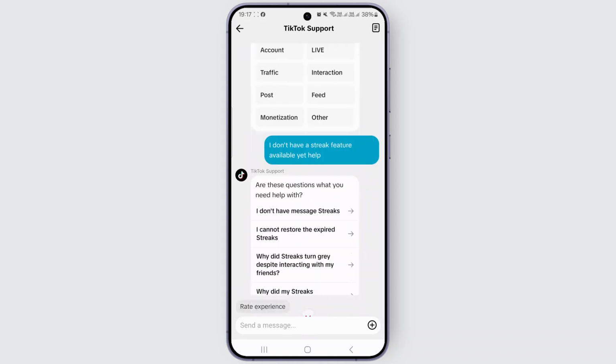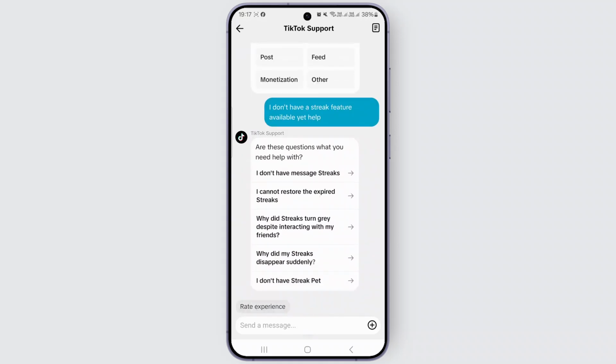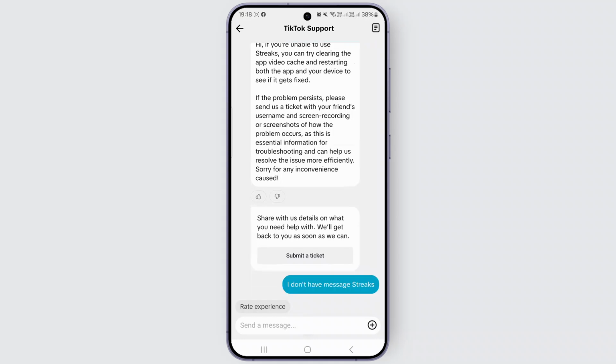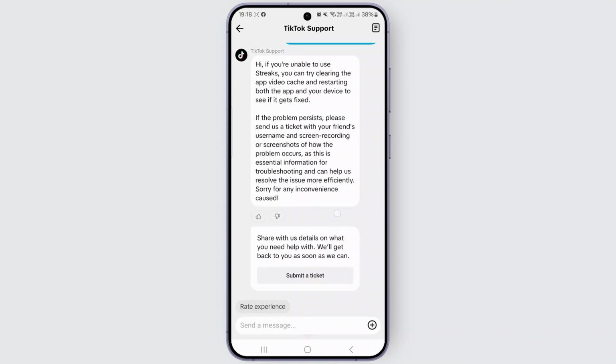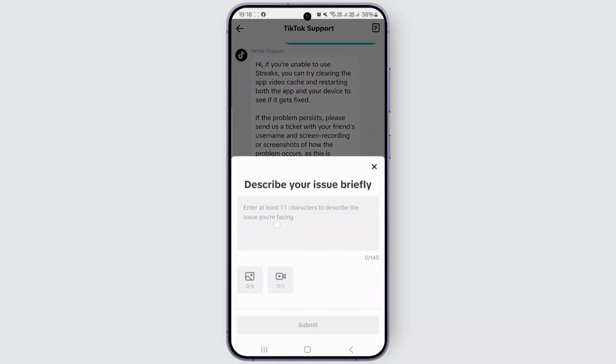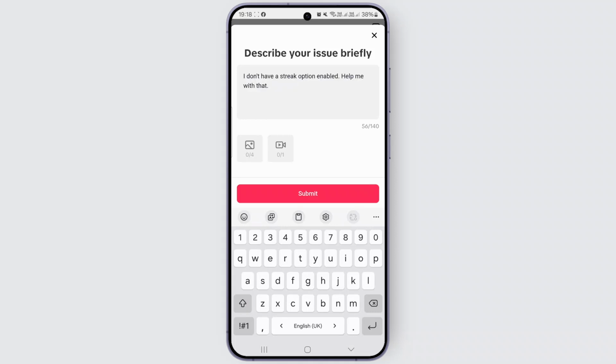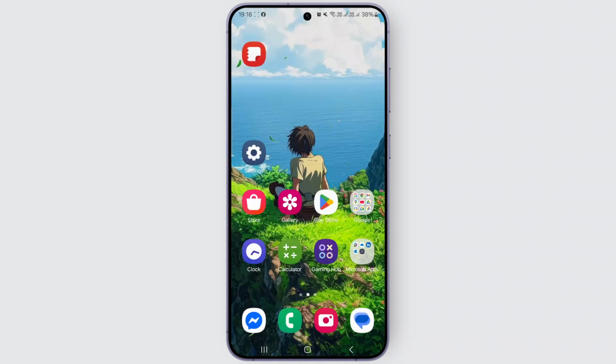So once you do that, it should be responding here. So if you cannot find your related question, you can just tap on like this, and if it doesn't help, you can also click on this submit a ticket, and you can describe your problem once again like this, and you can also include videos or photos of screenshots describing your problem and click on submit, and the TikTok team should contact you within 24 hours to fix the issue